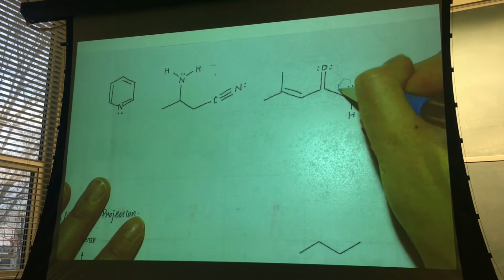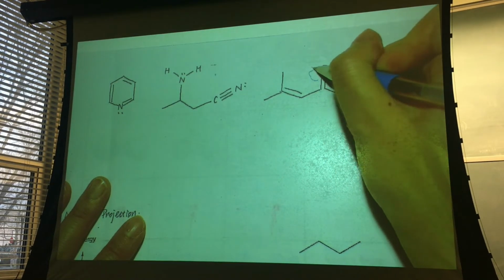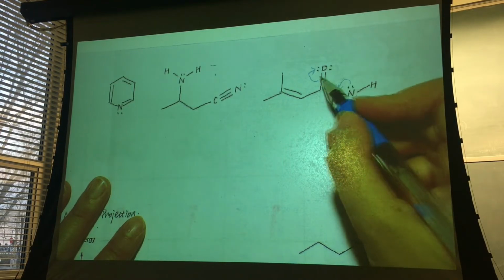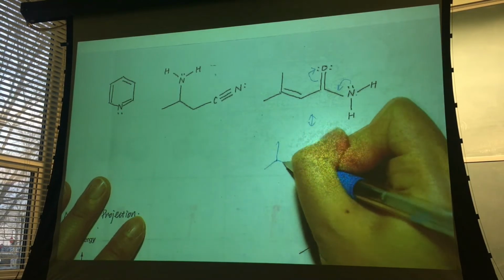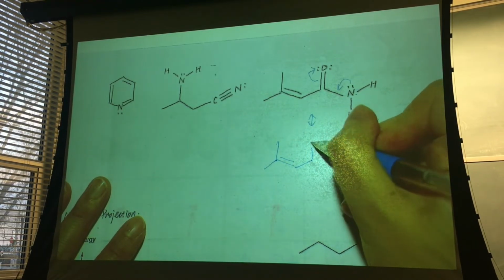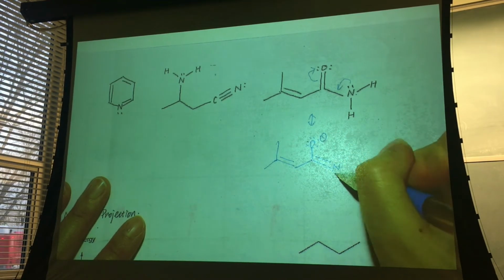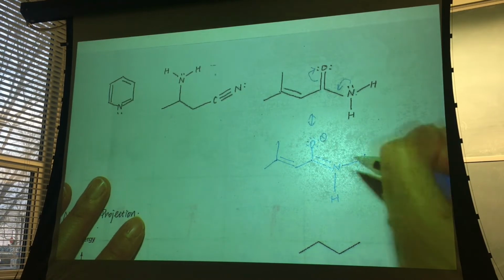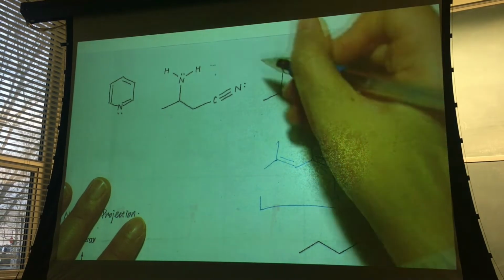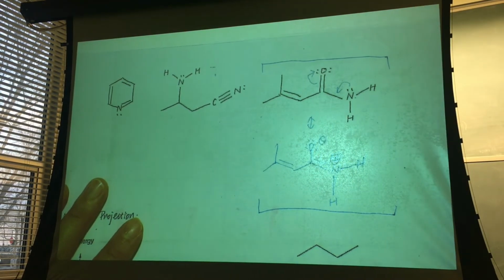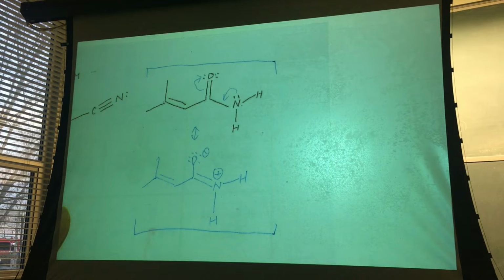This nitrogen donates its lone pair into the carbon-nitrogen bond, and it's going to kick the carbonyl pi bond onto the oxygen. So this is its resonance structure. I'll copy the rest of the thing here. And then oxygen has a negative charge. Nitrogen is going to have a positive charge, since it's donating its electrons out. So this is the resonance structure. I will focus on this one. So in this case,